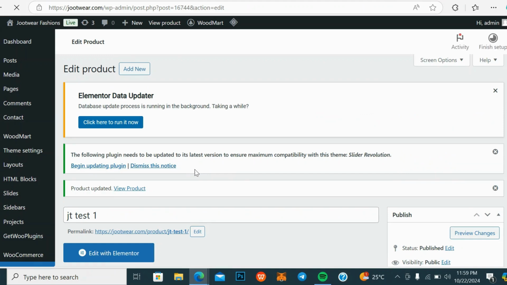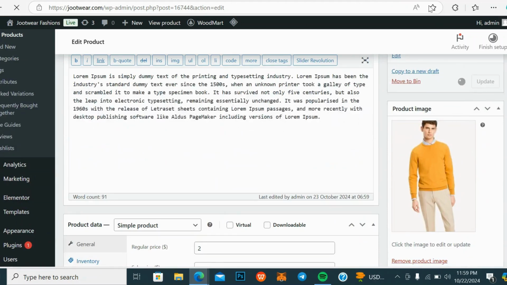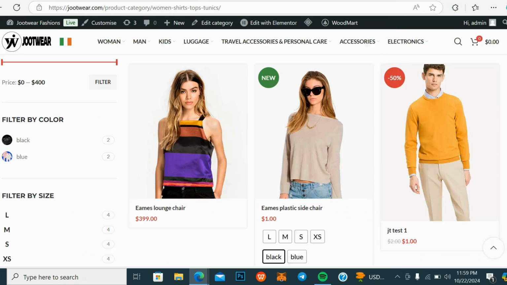I don't know if I'm too fast for you or if I'm too slow. But anything you don't understand, you're always free to chat me up or send me a screenshot of the problem, and I will provide support. Right? Also, so I've changed that. Let me update, and when we go back to our website and refresh,